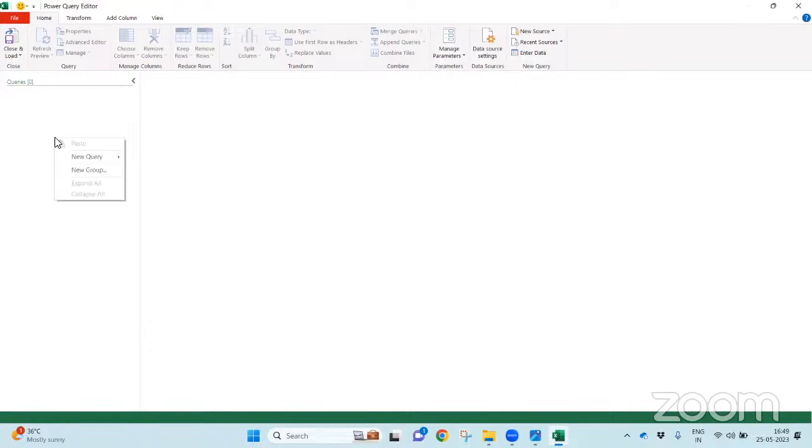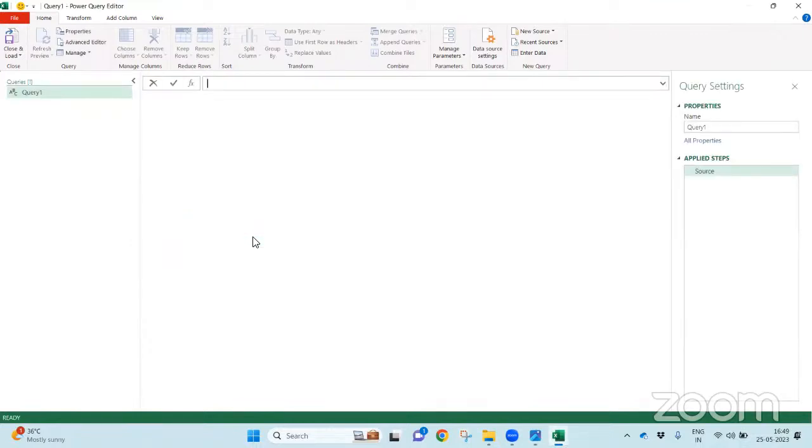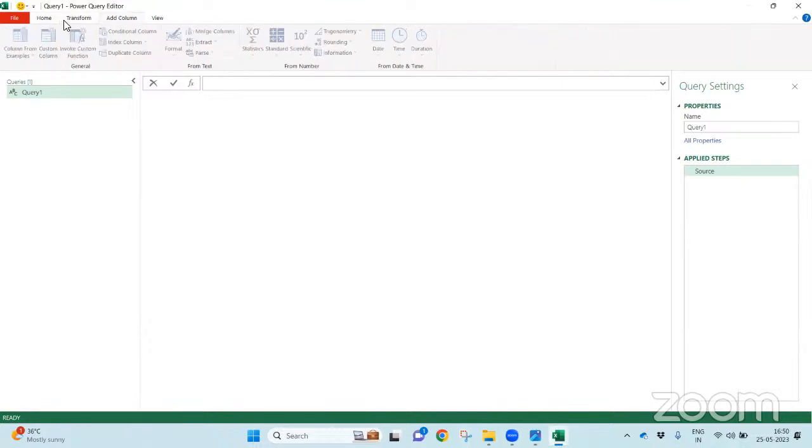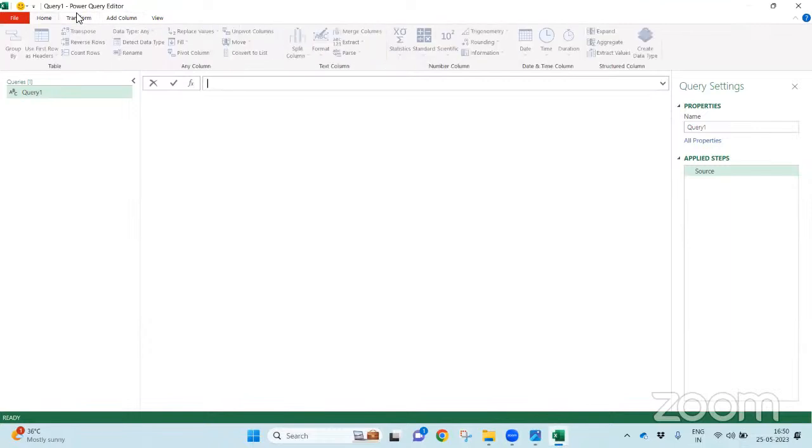Let's create a blank query. Right click, new query, other sources, blank query, so that you can see what the properties are in the right side pane. That's nothing but the settings. In the left side pane, all the queries you will find. And because now one query is active, a couple of options got enabled. As of now, there is no data. That's the reason nothing is coming in the transform. Otherwise, you will get even the transform user interface, all the tabs and commands. Now it's a blank query.